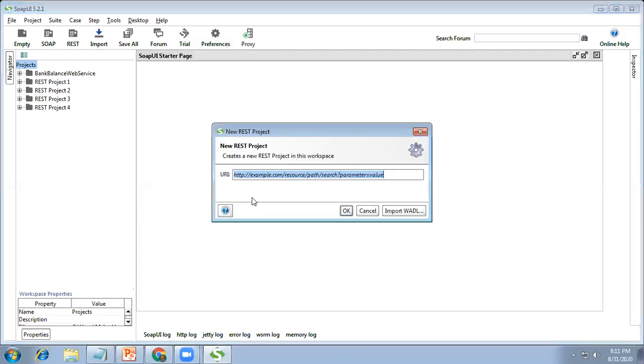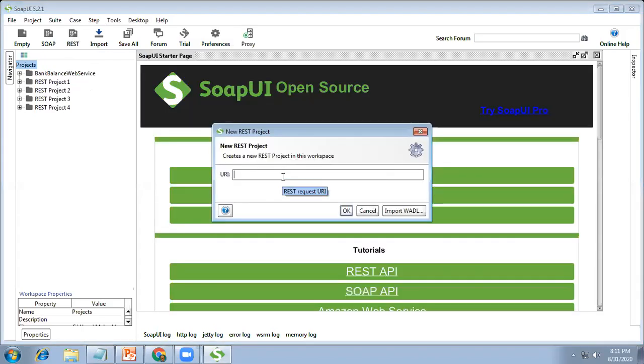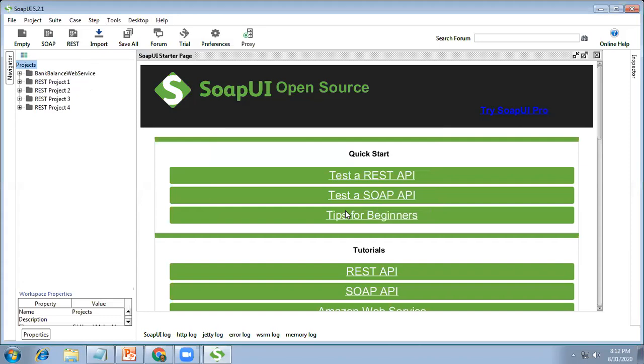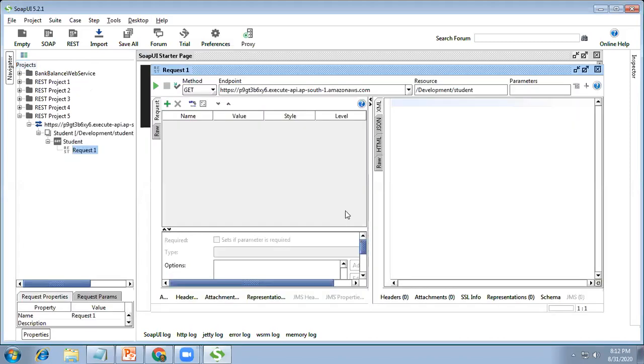So I'm creating a REST project, then you just provide the copied URL. I have copied that URL provided by Amazon. Clicking on OK. See here, SOAP UI provides the environment for testing the method.